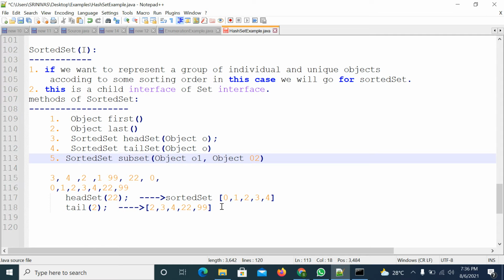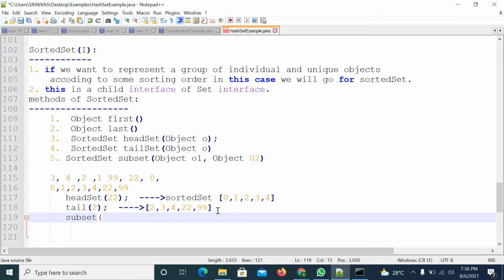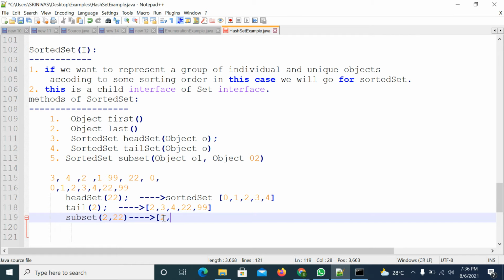Right. So if you see the example, subSet of 2 and 22, if you pass like this, it will return the elements from second to fourth. It will return the elements 2, 3 and 4.